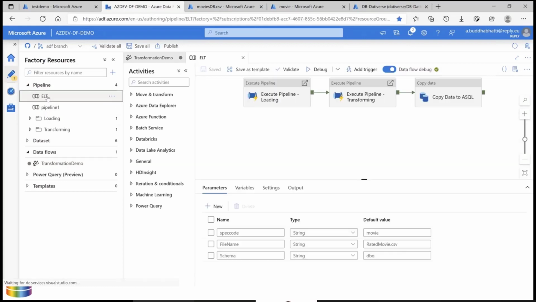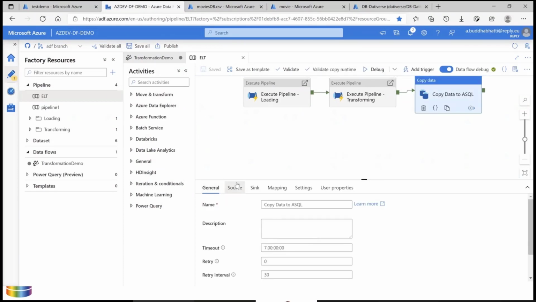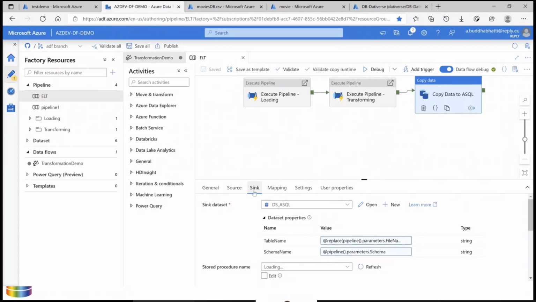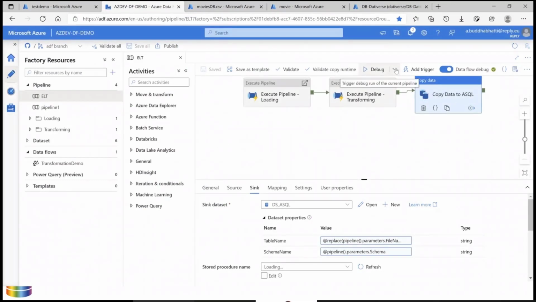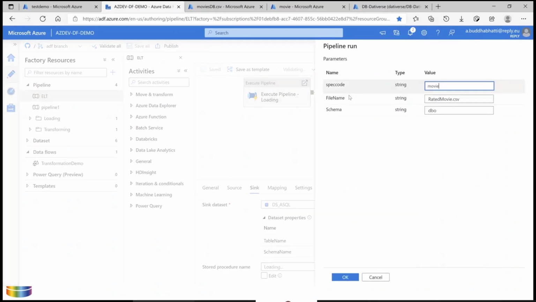This is the main pipeline. This is loading into blob storage to data lake gen 2. This is also loading from data lake gen 2, with a few transformations into data lake gen 2, and here is moving data from my source to sink, which is a SQL server. So let's close this one because we haven't changed anything, and let's execute this as well.